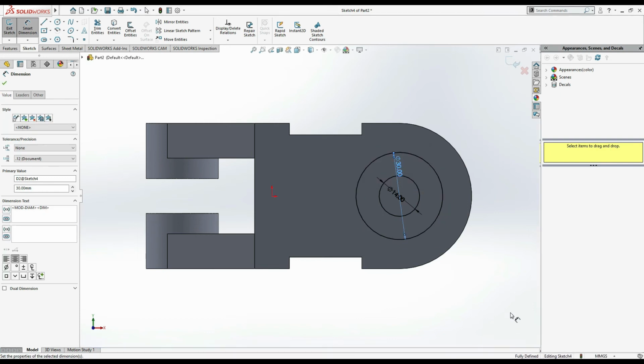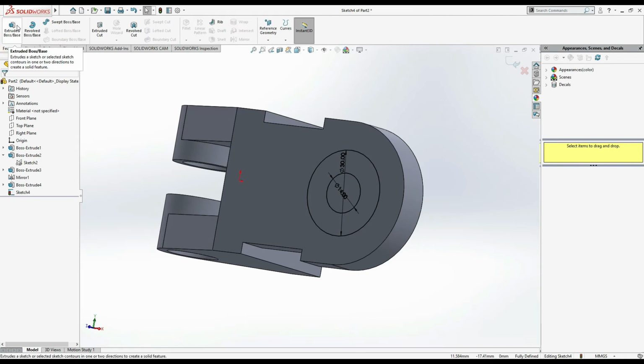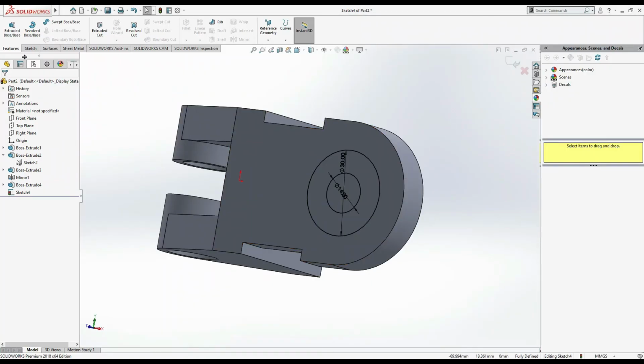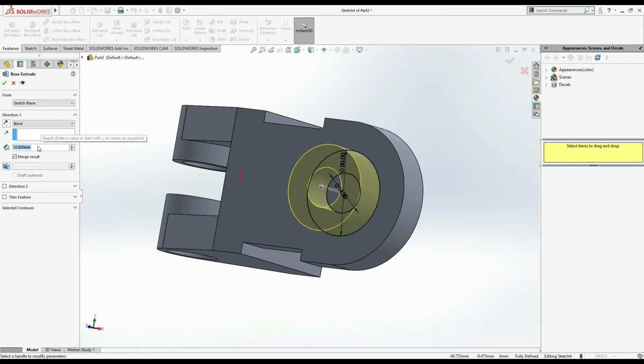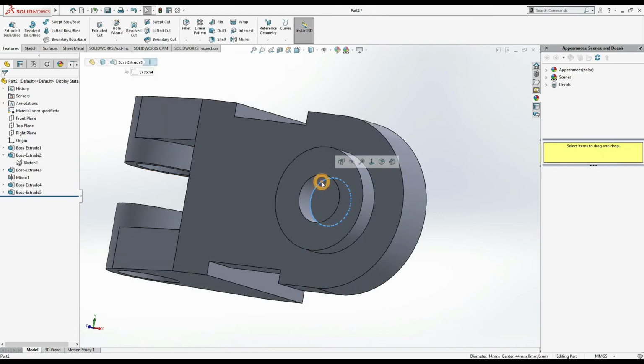Now what we have to do, press escape. Now features, and we have to extrude it up to, you can see it shows 62 minus 50 is 12, and half of 12 is 6, so we have to extrude it up to 6. Features, extrude up to 6 mm. Okay, and furthermore select these and